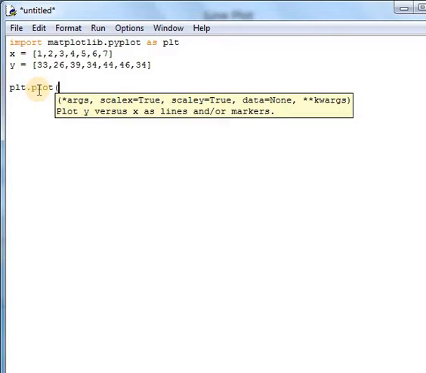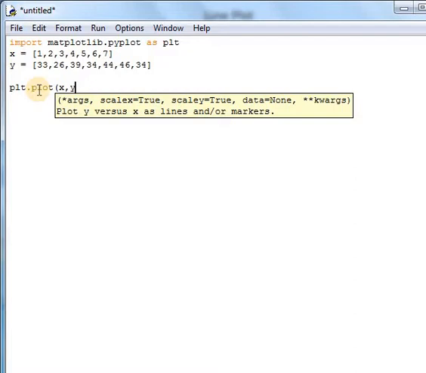What is the first argument that I want to pass? The one that I want to represent as the x-axis. We had already declared the variable x, so x is represented as the x-axis. What is the second variable that you want to represent as the y-axis? Here y shows the temperature.